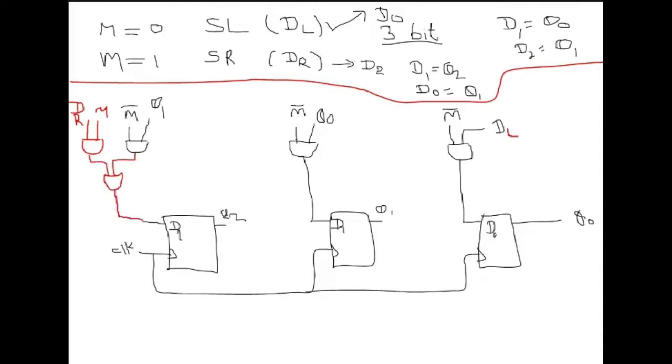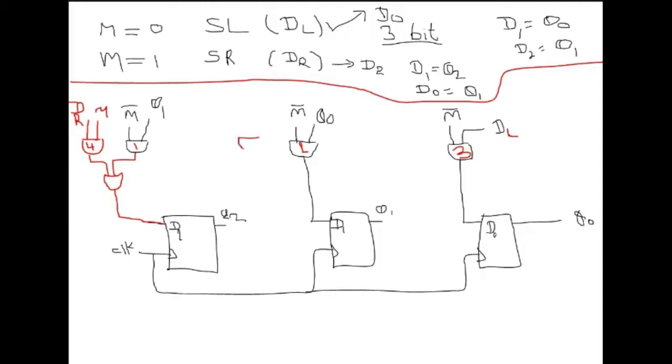because since we are using M as a controlling pin, so either gate 1 or gate 4 will be working, right? Because either M will be 0 or 1. So depending on them, in 1 and 4 AND gate, one of them will be working and that will be connected to D2. Similarly, we can have another circuit.